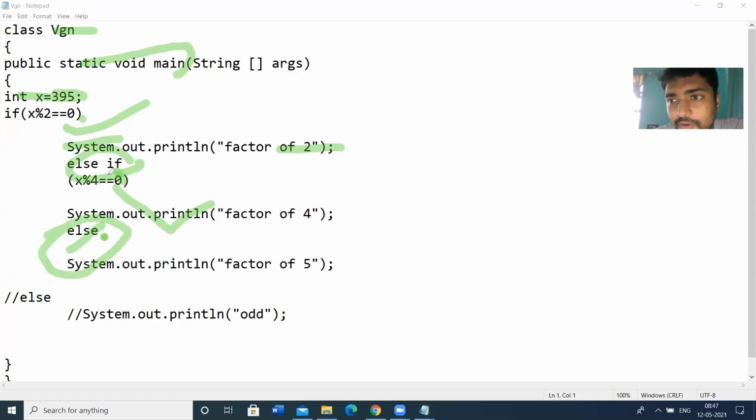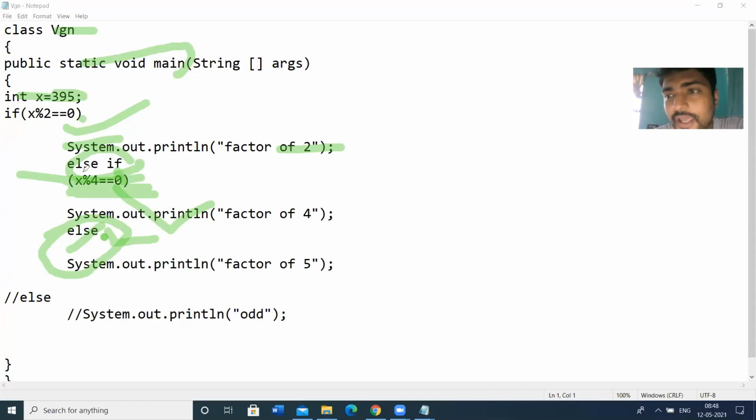Whenever we have a condition, we have to write the else if. If we don't have any condition, we can write the else. So else block has no condition to check. Only the if block and else if blocks have a condition to check.